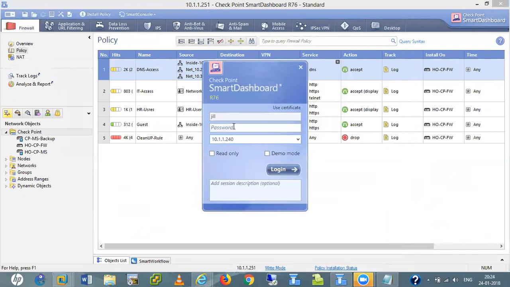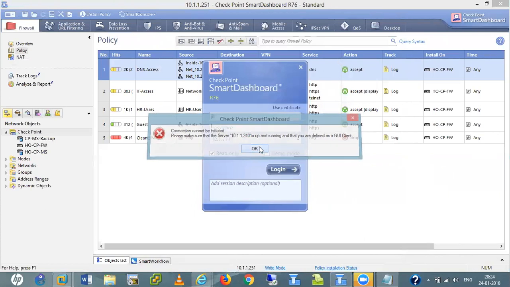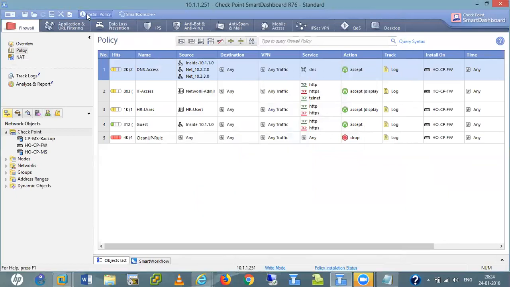The admin name, I use the same password. I'll go in as read only. Let me first install the policies.